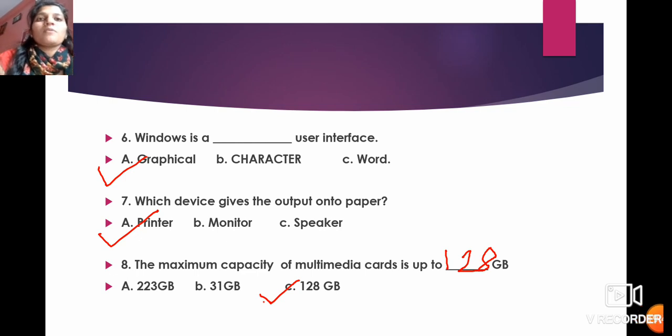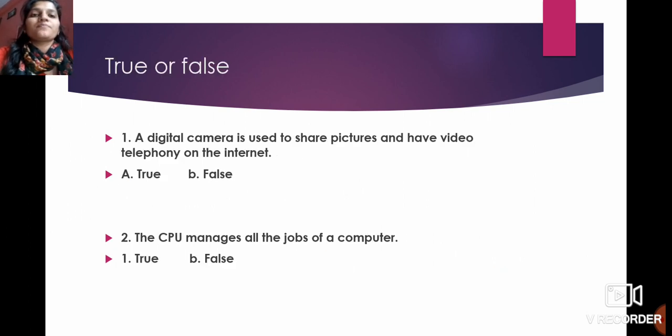So this was all about the second question, that is multiple choice questions. We have seen fill in the blanks, multiple choice questions. Now students, you are going to check your answers, and out of 8 points you are going to give your points. Okay, out of 8 give your points. Now we are going to start with the true or false. I hope you are going to give the answers of these questions very quickly. Okay, so let's start. You are just supposed to write true or false here.